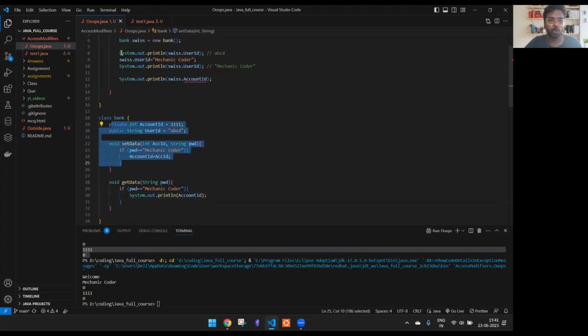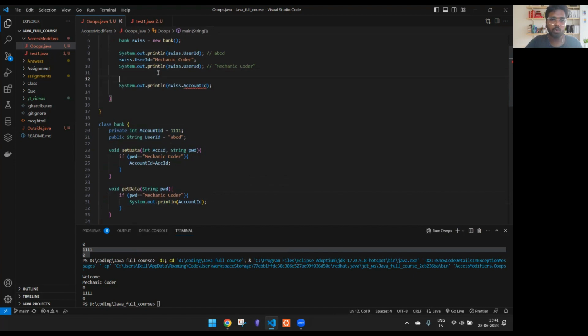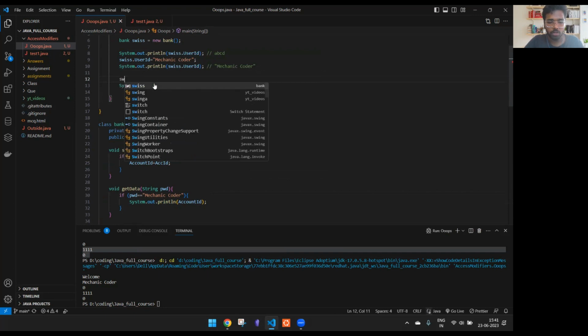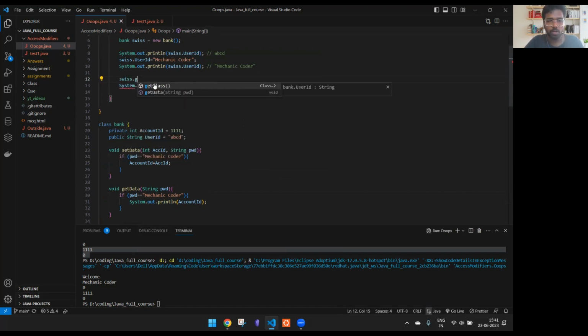And now, how you have done your cout, right? The same thing I'll do here. So for that, I'll say first Swiss dot get data, and data requires an argument. So let's pass it as mechanic coder. Good. So once that is done,